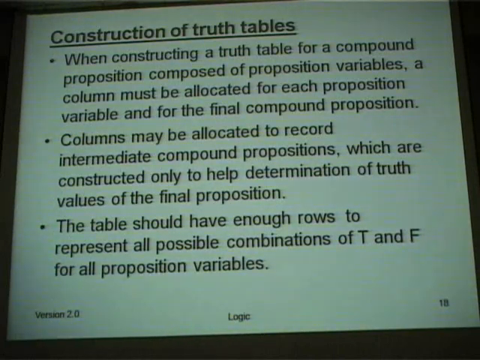How can we determine the truth value of this one? How many distinct propositions can this have? Three: p, q, and s. So first of all, you need to find out